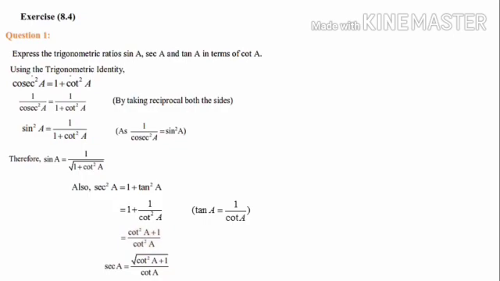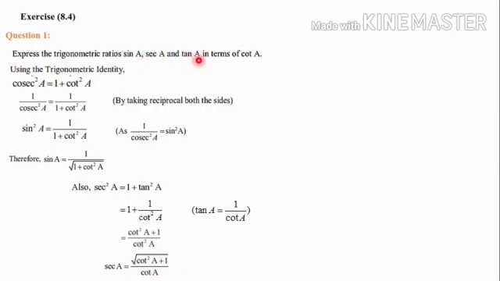Then when you take the square roots, numerator and denominator separate. Numerator it will come as square root of cot square A plus 1. Denominator square root of cot square A. So square root of a square number is the number itself, that is square root of cot square A is cot A. So the next answer also we have calculated, sec A in terms of cot A. Here left side is sec A, right side is root of cot square A plus 1 divided by cot A. So the second part also we have cleared.